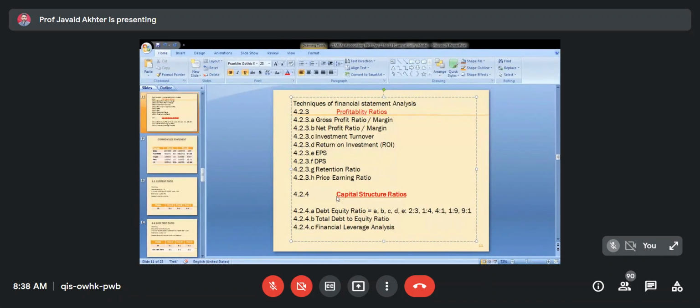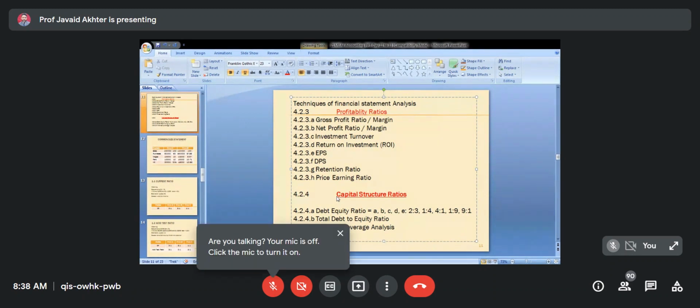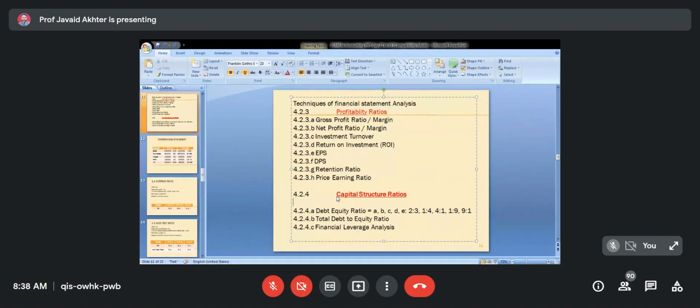In what various forms? How much is debt? How much is equity? How much is this? How much is that? So total you can call as the capital structure of a company. So within this we discuss debt equity ratio, total debt to equity ratio. Now we come to financial leverage. Now, before I explain to you financial leverage, you all should know the meaning of the word. Leverage has been derived from the word